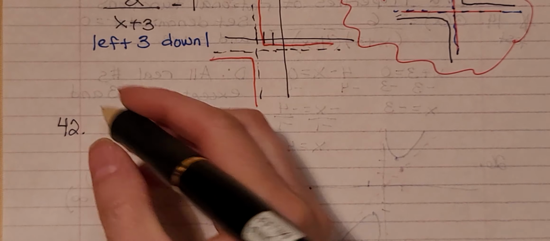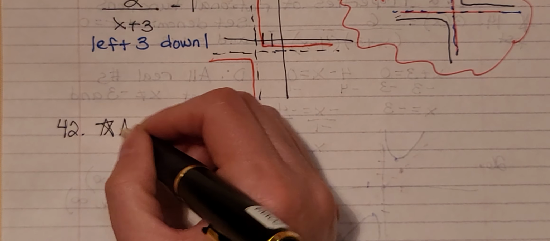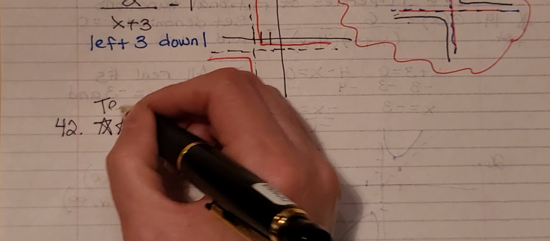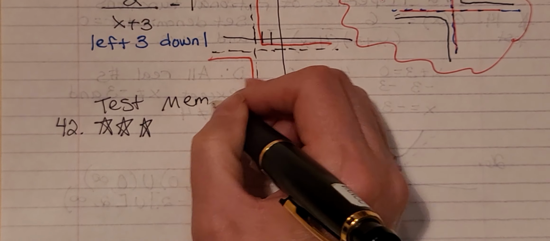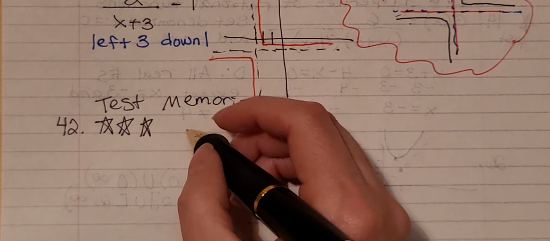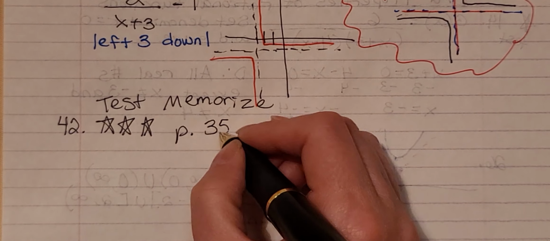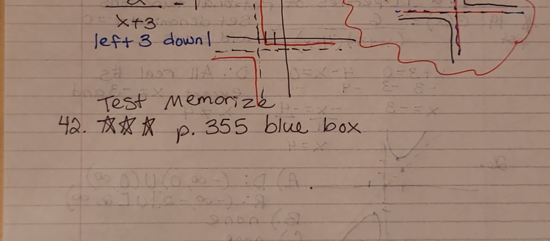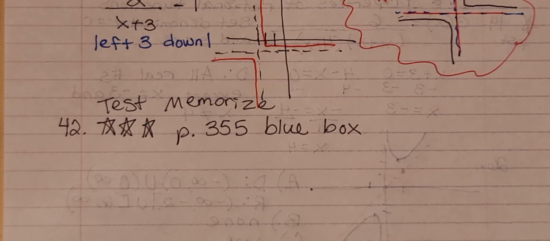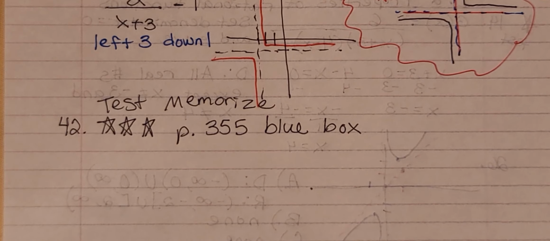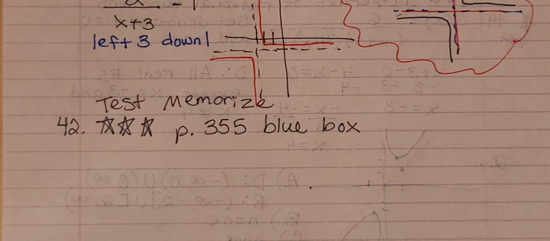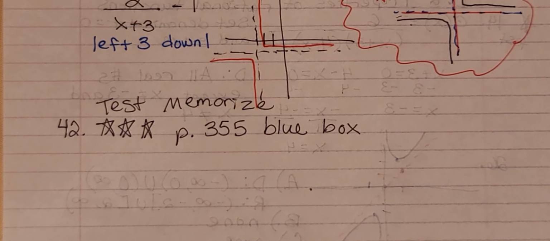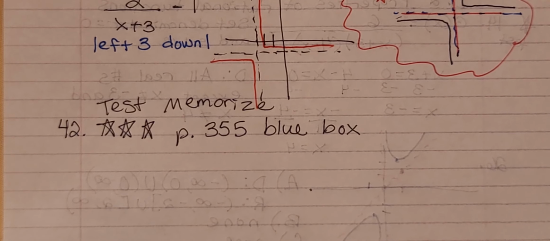All right, so in order to do this, this is going to be crucial, and this is definitely on the test. You will need to memorize this. I'll summarize it here, but on page 355, there's a blue box. You need to have that blue box memorized, okay? I'm going to kind of summarize the blue box. It's pretty wordy, but basically you are looking at your numerator and denominator, and you need to look at the